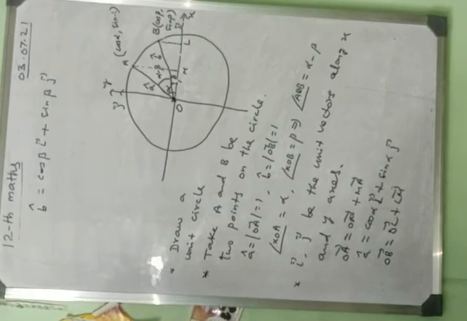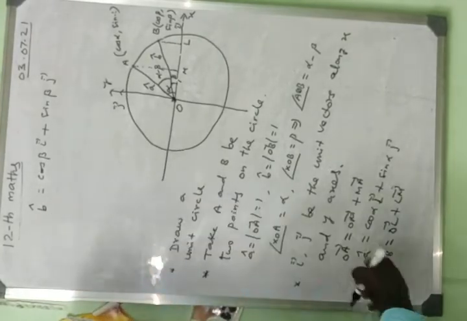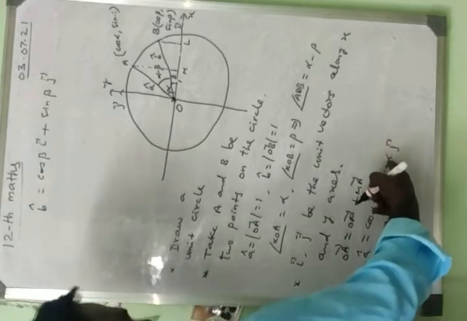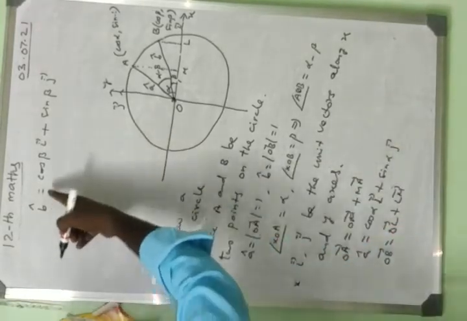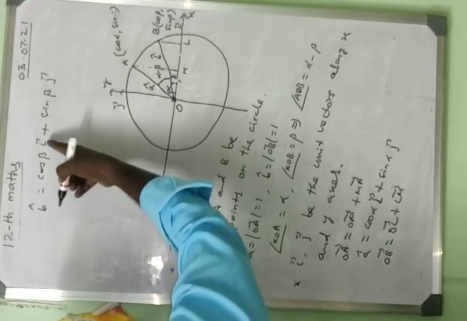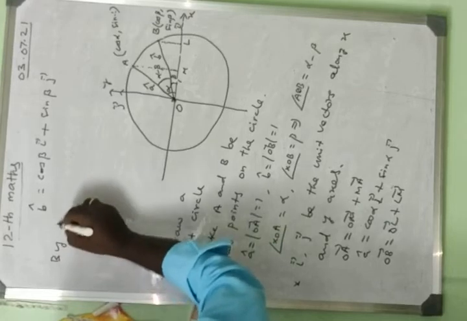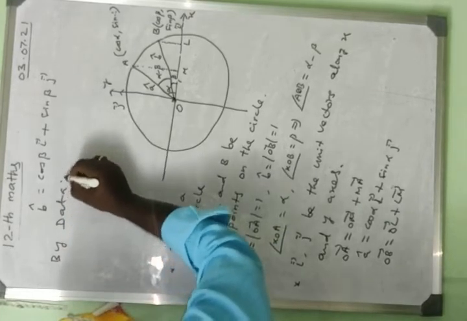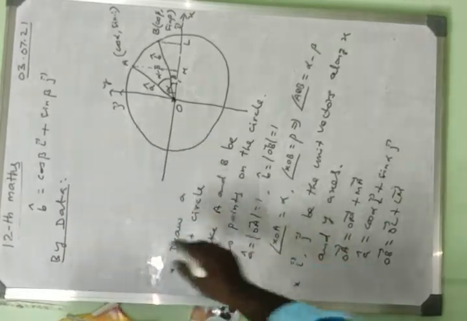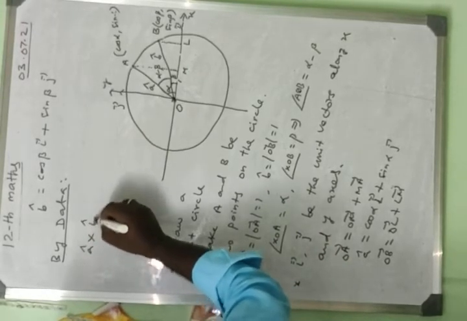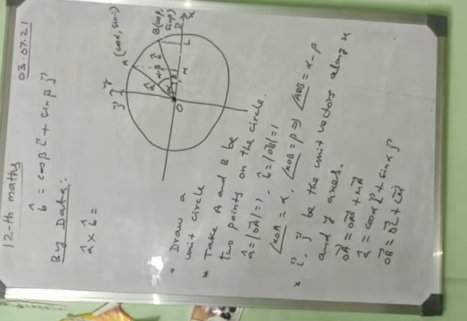Okay. So next, we have vector cap A equal to cos alpha vector I plus sin alpha vector J, and cap B equal to cos beta vector I plus sin beta vector J. So we take the cross product. What is that here? Sin means we take the cross product. So cap A cross cap B, don't forget. Here sin means you want the sine proof, so we take the cross product. Okay, don't forget.